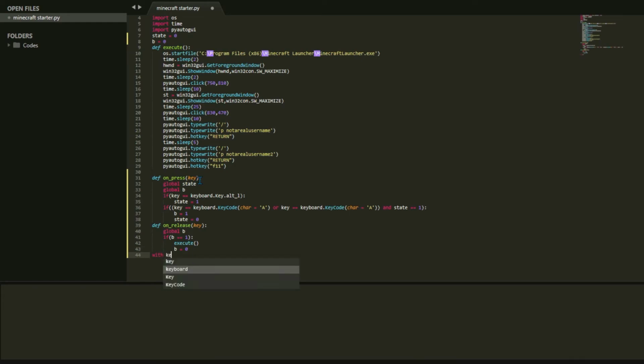Type with keyboard.Listener(on_press=on_press, on_release=on_release) as listener. This part of the code is written to listen to the keystrokes. Put listener.join with parentheses.